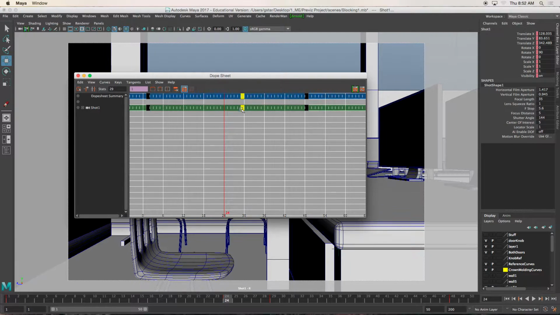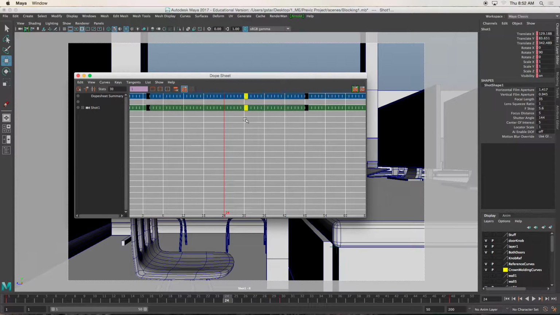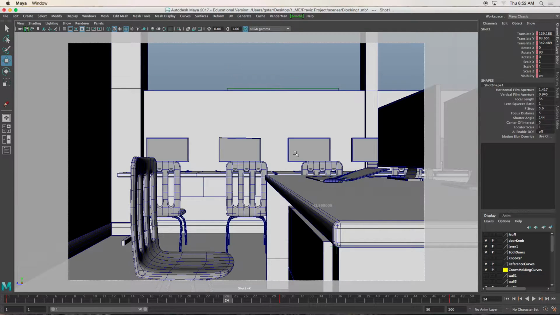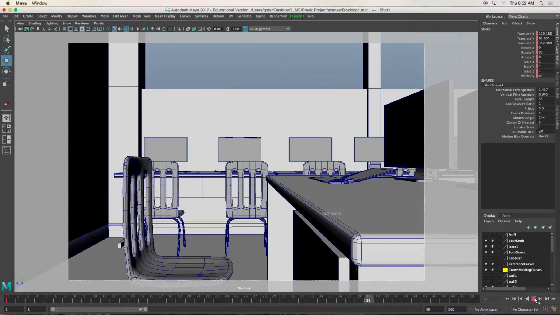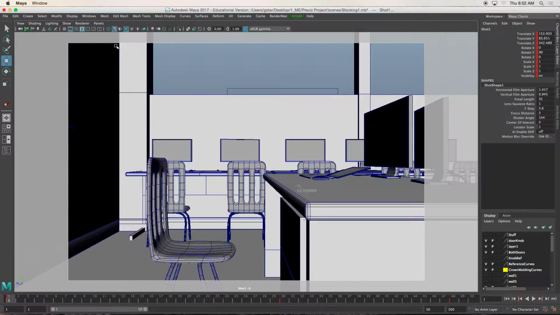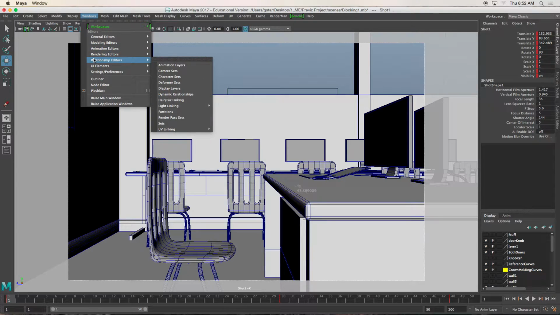So instead of having it at frame 38 or at frame 24, I'll move it to frame 30. So let's click play. Alright, this is how we do an ease in. Okay? So what I like to do is save these particular play blasts so I can look at them all